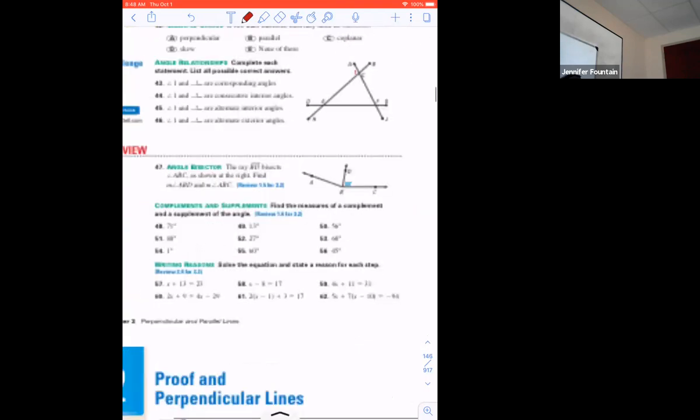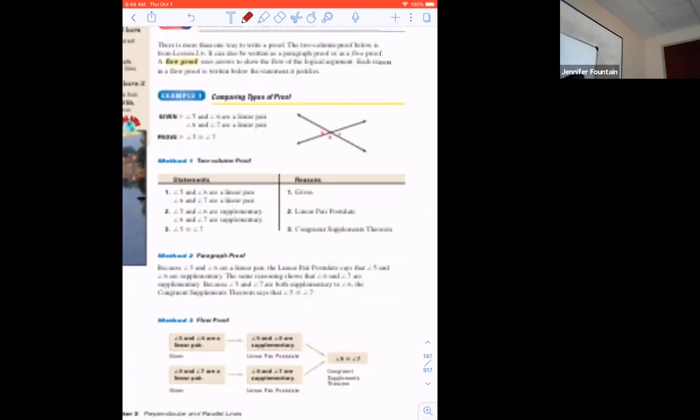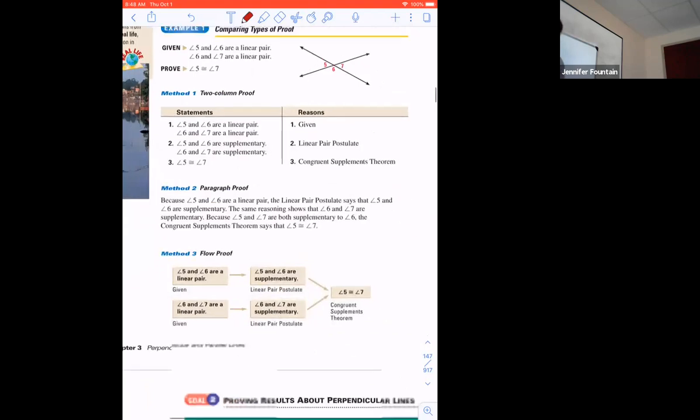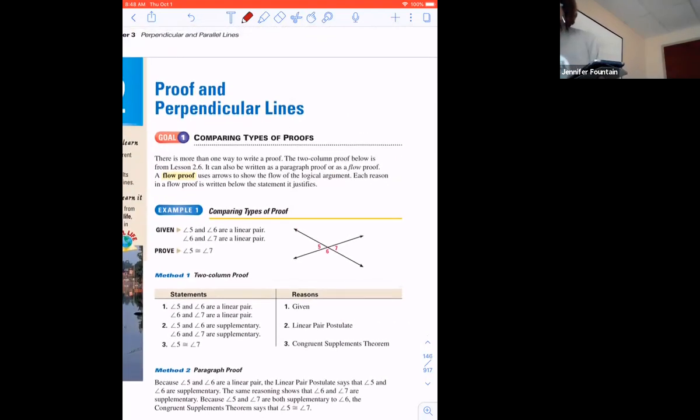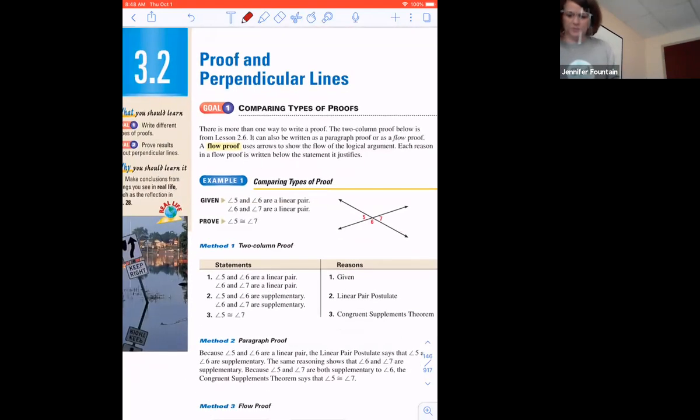Moving on to page, what pages? It's cut off. So it's starting section 1, 2. Did I just jump right over? Okay, so page 136,